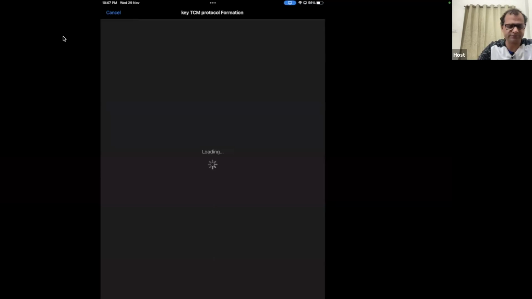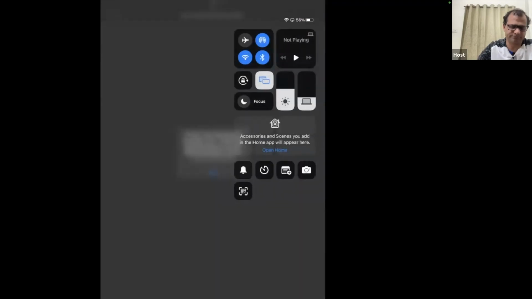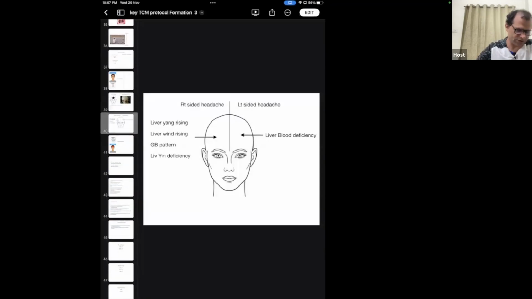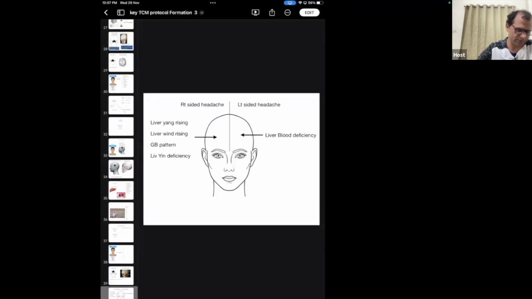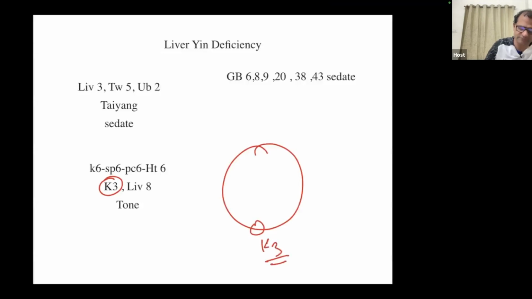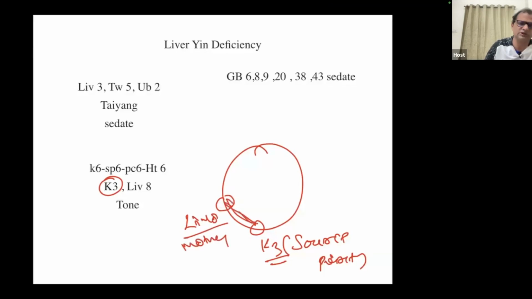We are doing these two things together because we already told you that whenever the kidney is weak and cannot provide proper nourishment, this problem occurs. Let's see here. So we are taking the kidney 3 point to strengthen the kidney, that is the source point of kidney, and we are taking the liver 8 point, which is the mother point of liver. Ultimately we are making this chain stronger, we are making this supply stronger,